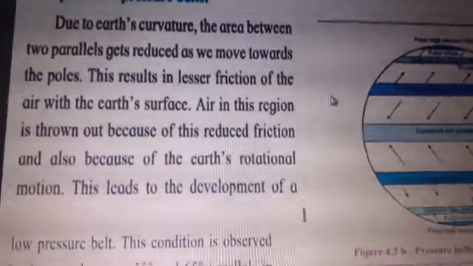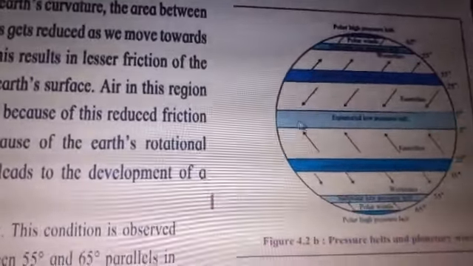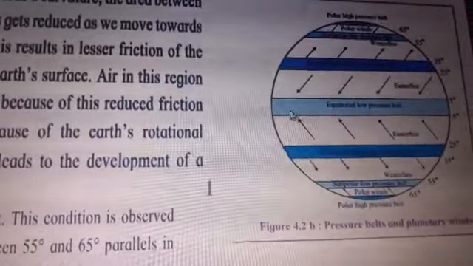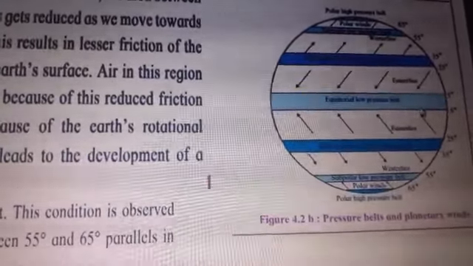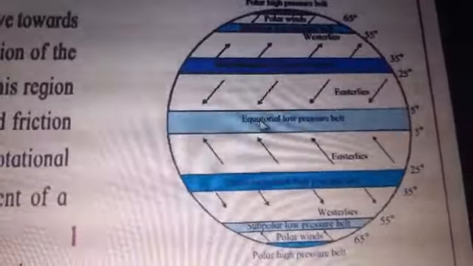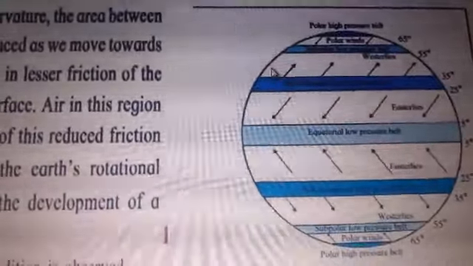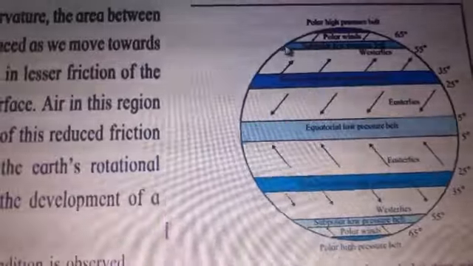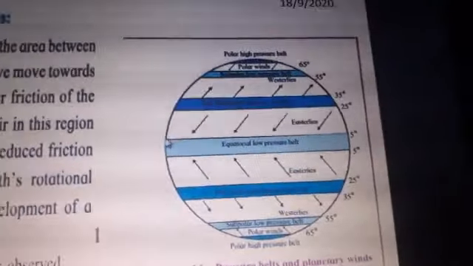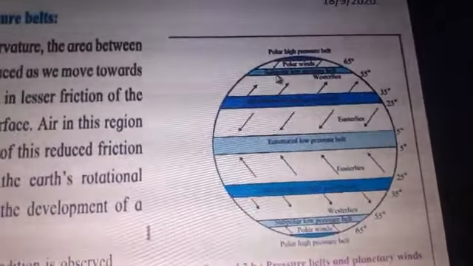Due to the Earth's curvature, now you can see, children, here in the diagram, this is the equator. This is the broader part of the Earth's surface in the center. The Earth bulges at the equator. It bulges means it is the biggest circle on the Earth's surface. Now you can see that the shape of the Earth is spherical. So when you move from here to here, the intensity of the heat is reduced because the rays become more slanting than at the equator. On the equator we have the direct rays, whereas the rays are slanting on the subpolar low pressure belt.